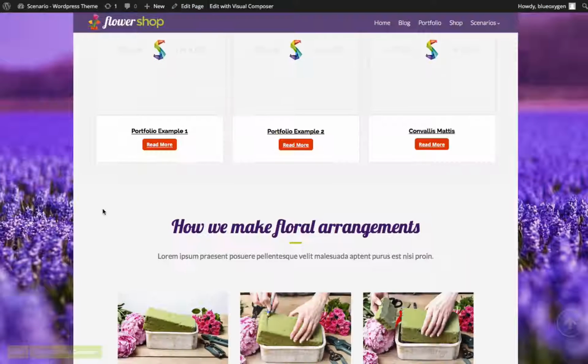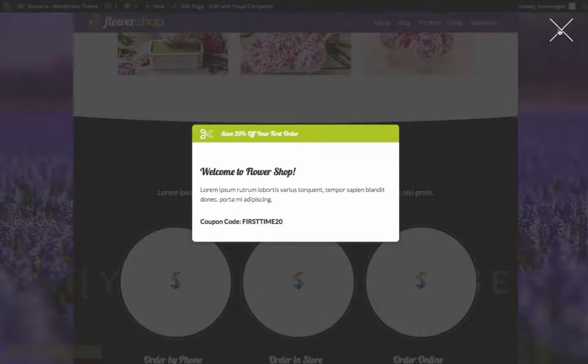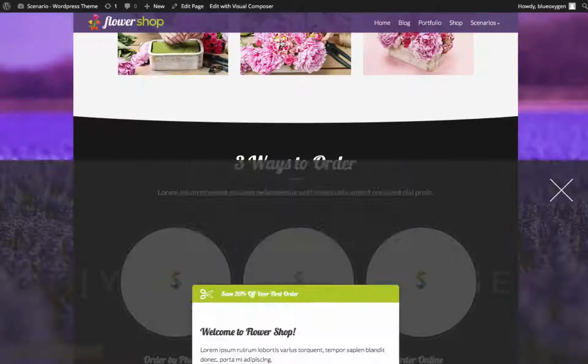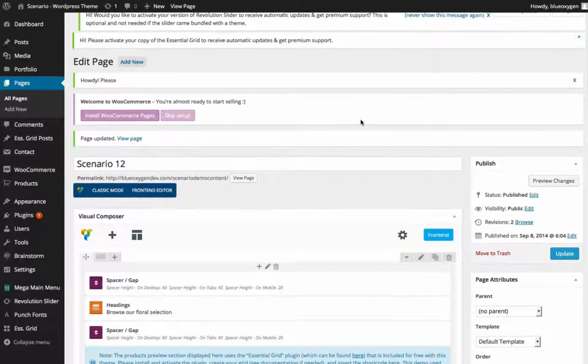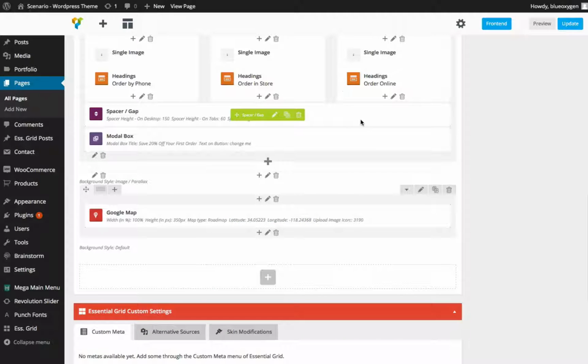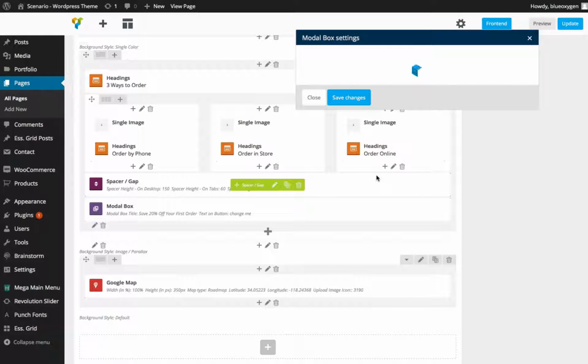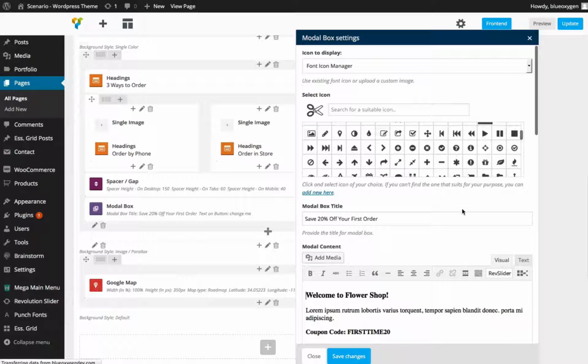Click Update. And I'm going to show you exactly what is causing this to pop up like that. If you scroll down to the bottom of the page, you'll see this modal box right here. Now, it's technically not in this spot. It could really be anywhere on the page, but when you open it up, you'll see that there are options for